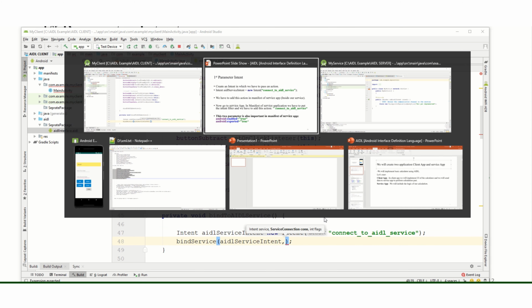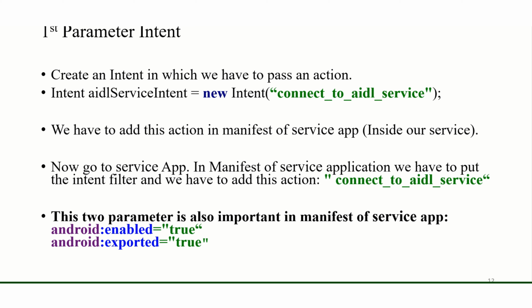Now we have created a service in our service application, which the name of the service was my service. So in the manifest of our service app, inside the my service, we have to add this action, same that we have written in the intent of our client app.